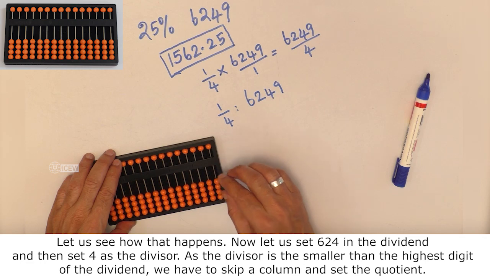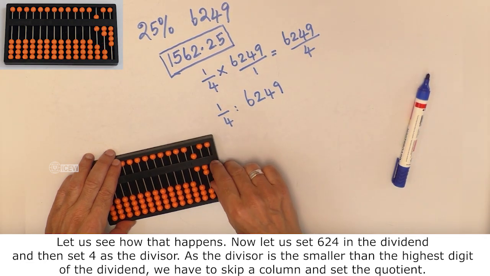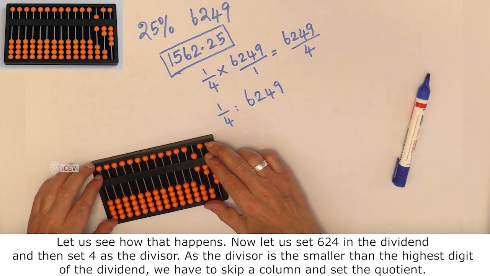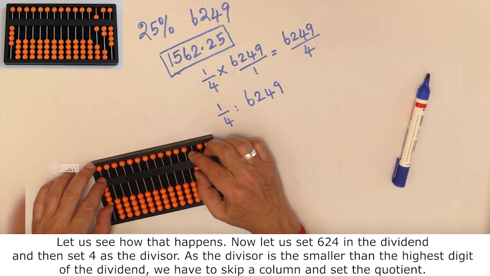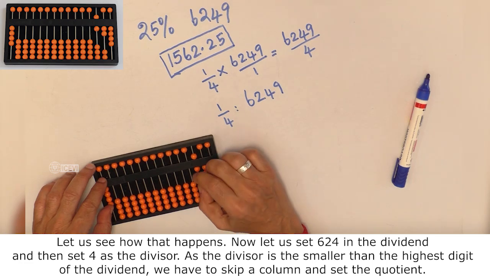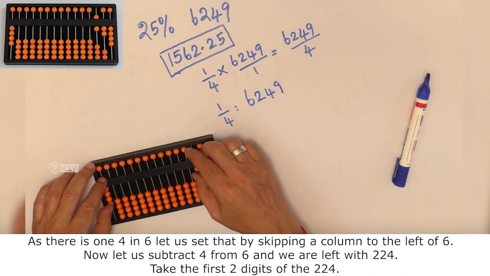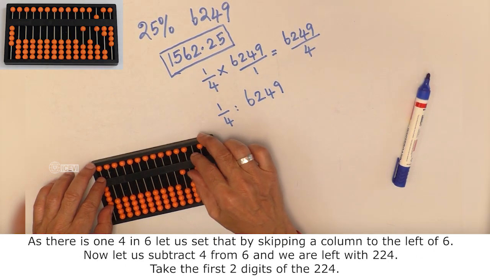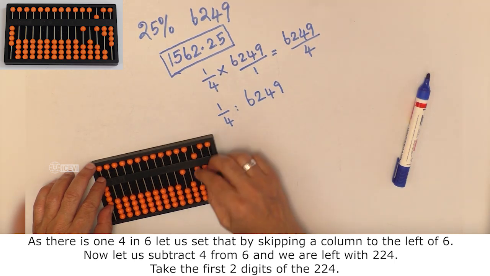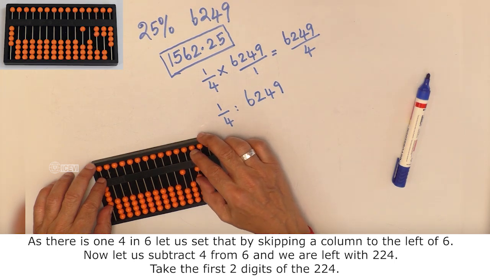Now let us set 624 in the dividend and then set 4 as the divisor. As the divisor is smaller than the highest digit of the dividend, we have to skip a column and set the quotient. As there is 1/4 in 6, let us set that by skipping a column to the left of 6. Now let us subtract 4 from 6 and we are left with